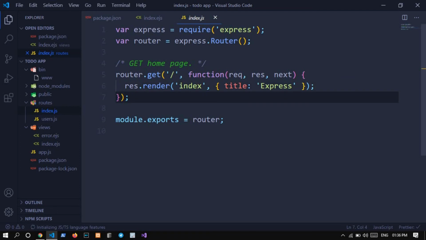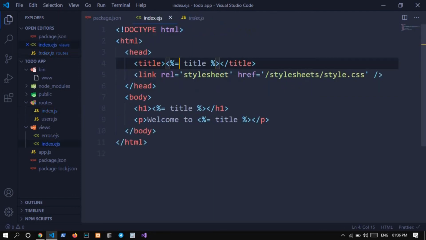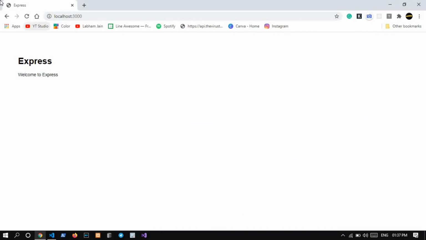Okay, here res.render title equals to, basically a JavaScript object, title is express, and it will copy express here, here and here. So if you see, E is capitalized in everything. That's the difference.